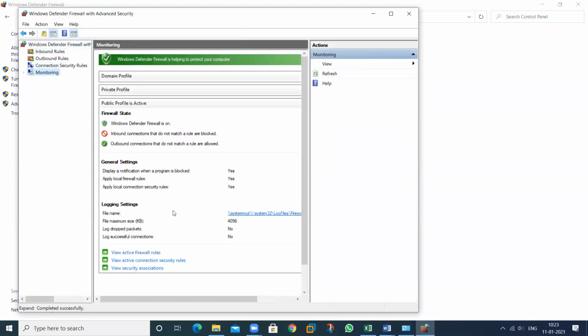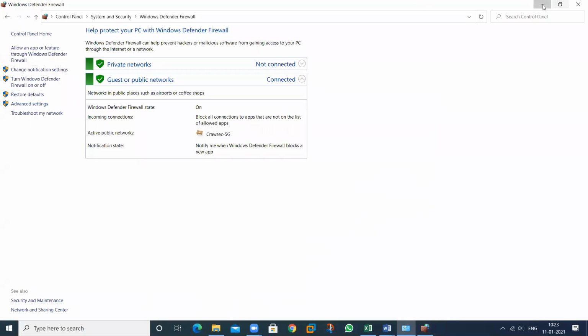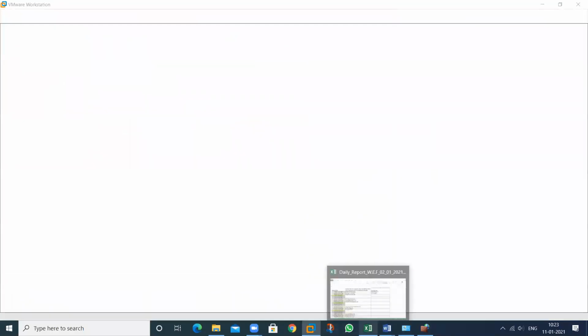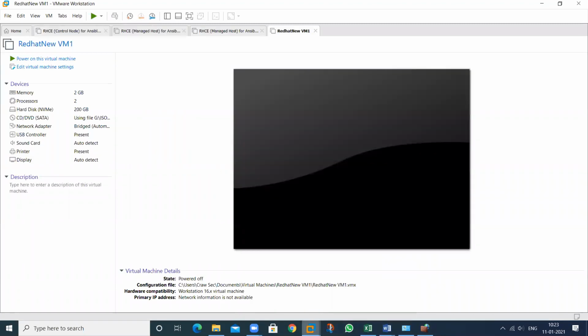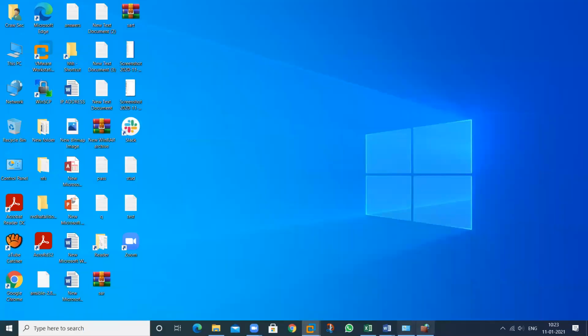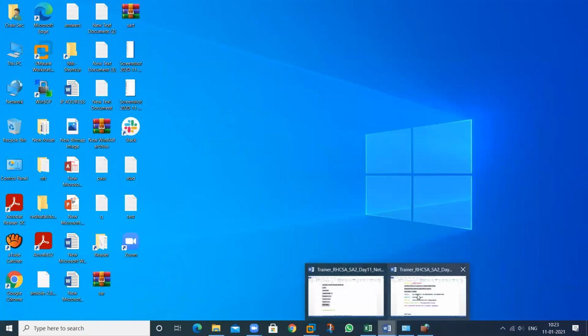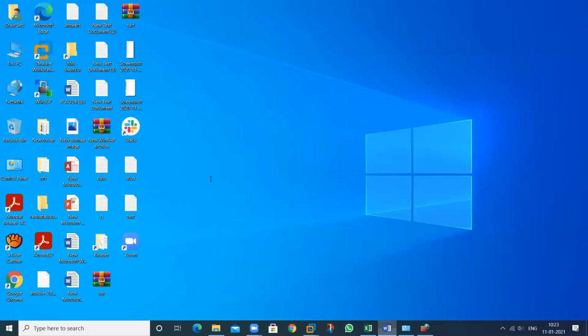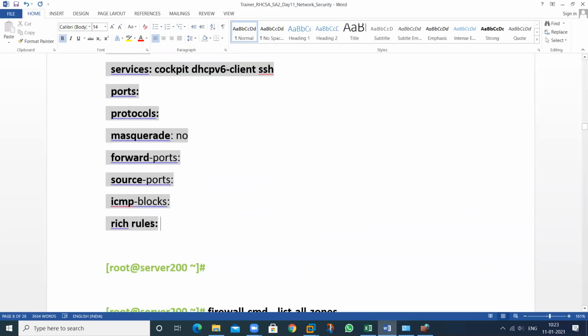All types of things can be discussed in Windows Firewall with Advanced Security. In the same way that this is used in Windows, in Linux we use what are called rules. We can apply the rules in this. These are called rich rules. So in Linux we use rich rules, while in Windows we use Windows Firewall with Advanced Security.